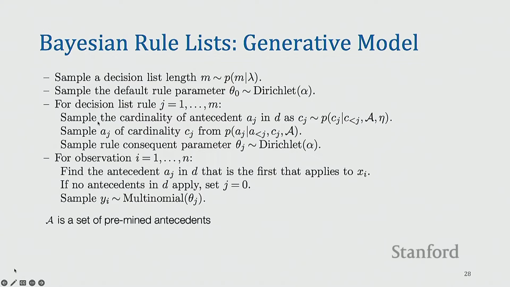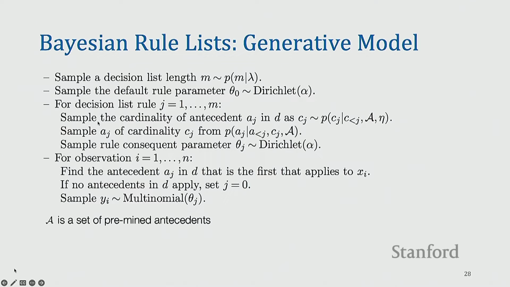And then the observations will be generated from these sampled rules as follows: find a rule that actually applies to this instance in the data, and then if no antecedents apply or no rules apply, then you give it the default rule. Otherwise, you sample a class label based on that rule that applies to this instance, right? So that's the high level. If we were to think about constructing these rules, that's intuitively how you would think about this kind of a process, okay?